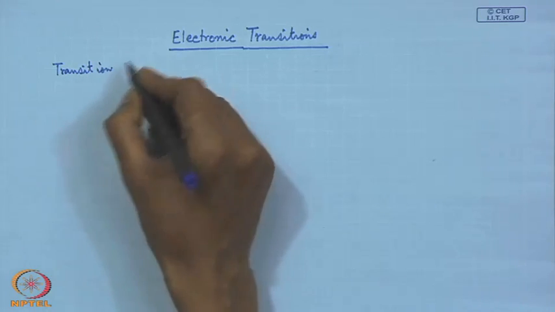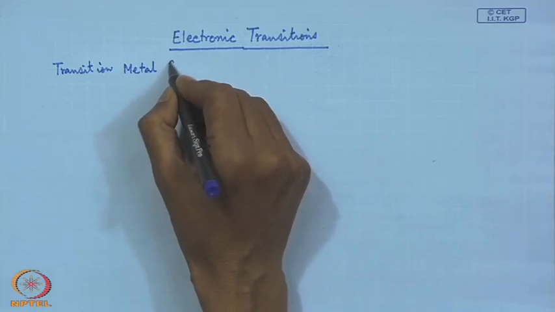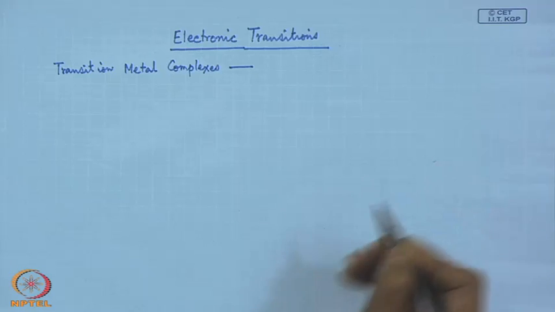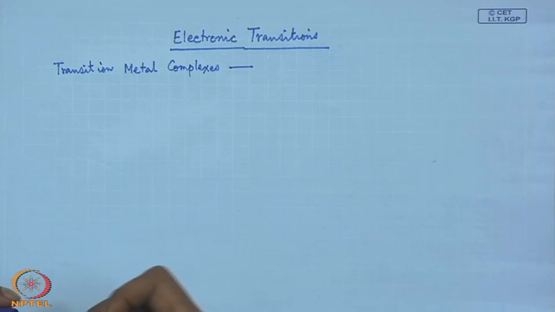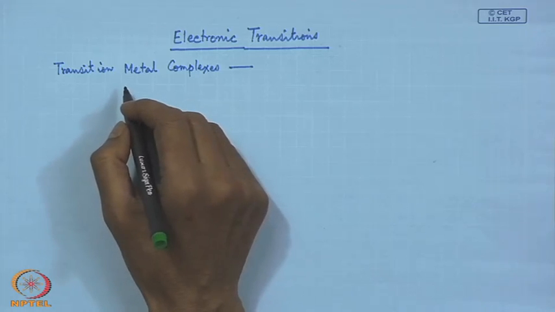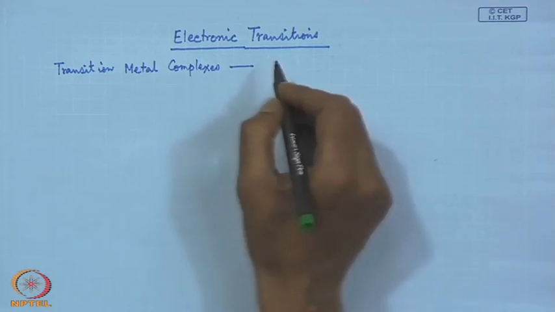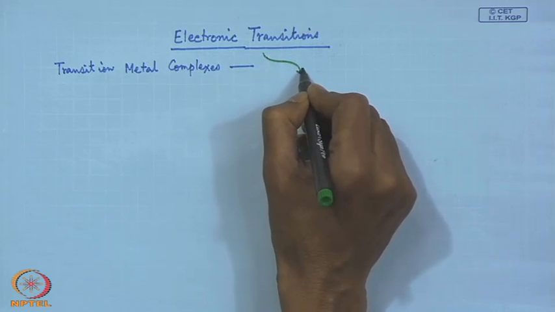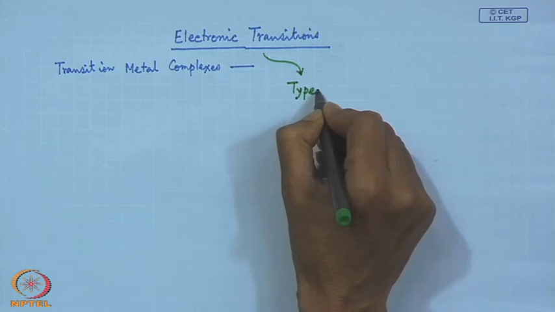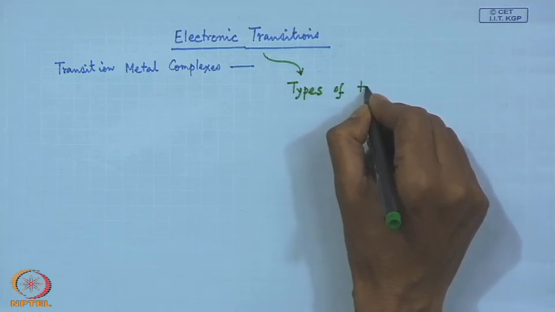So, if we have several such transition metal complexes, we should all be looking for the characteristic transition frequencies, that means the corresponding energy of these transitions. So, that will also tell us what type of transitions we are considering. So, we can have several types of such transitions,